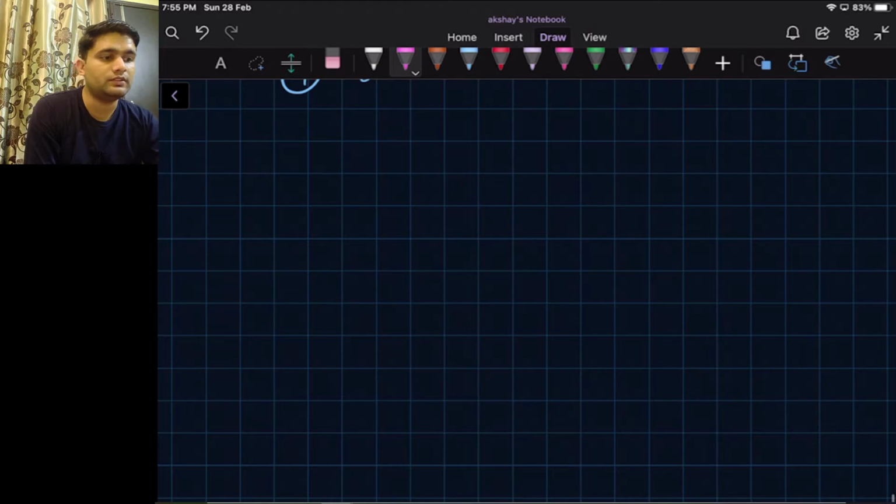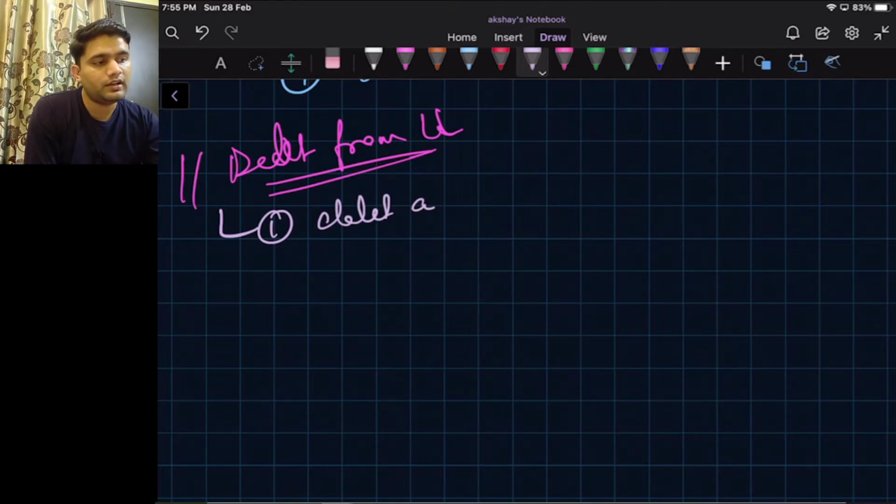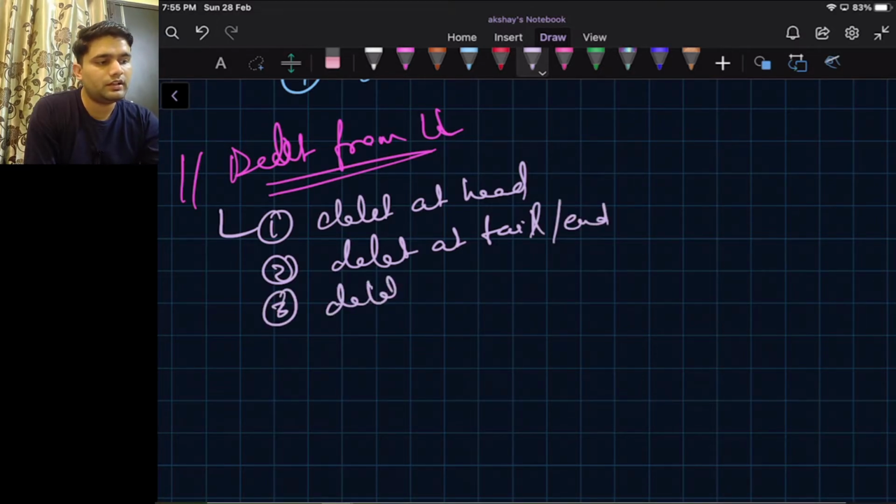So the second is delete from linked list, and similarly to insert, this also has three parts: delete at head, delete at tail or end, and third is delete from position.